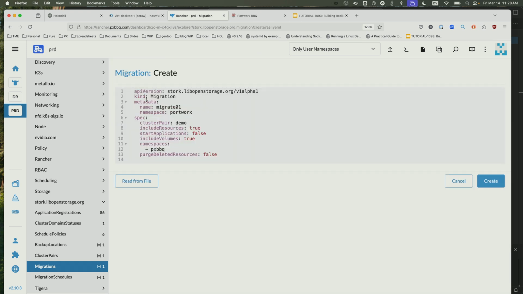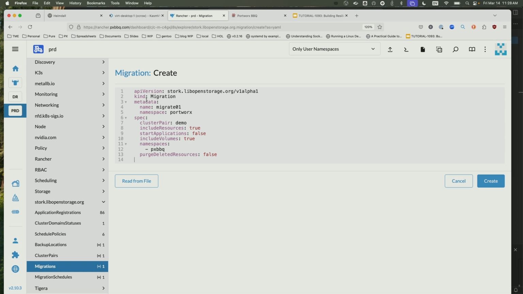By the way, if I was really doing a migration, this is probably how I would do a one-time migration. All this really has is information like where I'm putting the manifest, as well as the cluster pair object, because as you can imagine, I may have more than one. It also includes things like, do I want to grab resources? Those are the manifests. Do I want to grab volumes? And yes, I can support things like label selectors. So in some cases, I don't want to replicate certain things, very often when I'm using GitOps pipelines as part of this DR deployment.